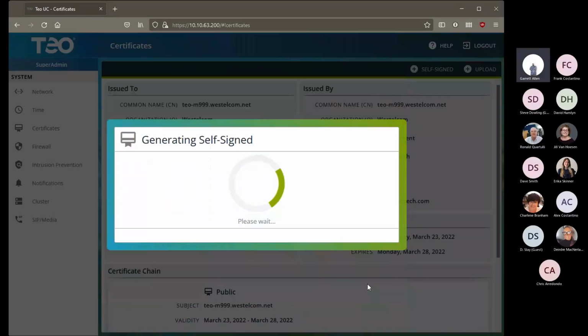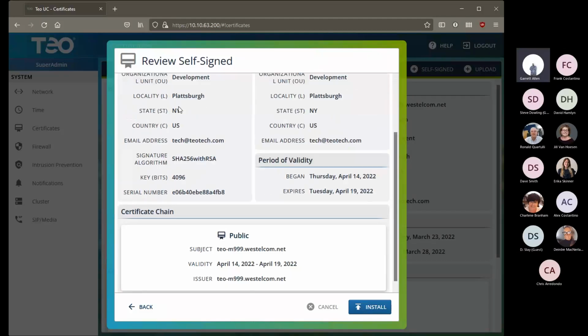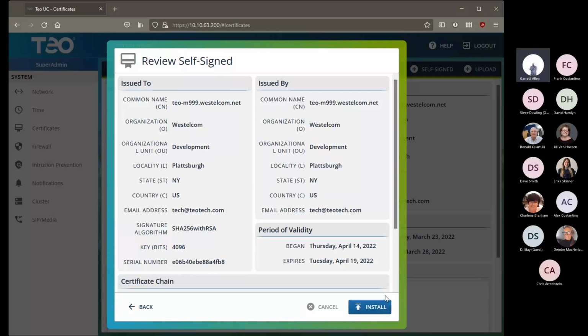When I hit create, we're going to actually on the back end create a new self-signed certificate, give us a chance to review it. And if we approve it, we can go ahead and install it here. In the interest of time, because this does kick us out and make us go back in, I'm not going to install this today, but that is the only thing that's required. Do keep in mind that if you change your certificates,